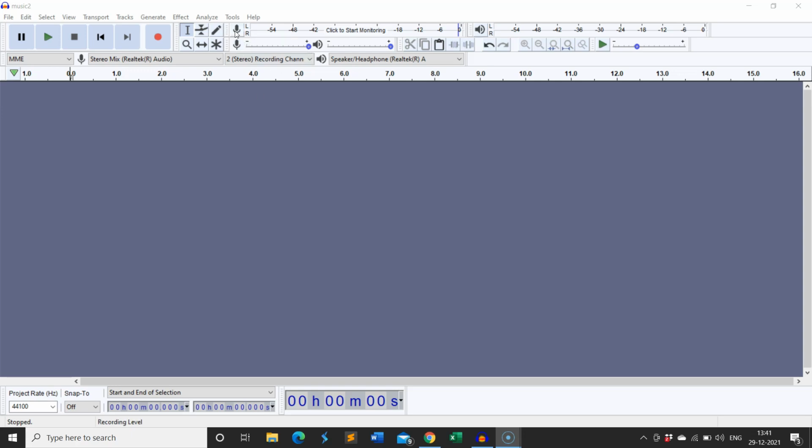As soon as I click on this, it's going to take my voice, now that I'm speaking, and it's going to show me the levels of the sound waves. Here we have two options. One is for the recording level, and this one is for the playback volume. This is the volume of the speakers from where you are going to hear what you have just recorded, and this is your microphone or recording volume.